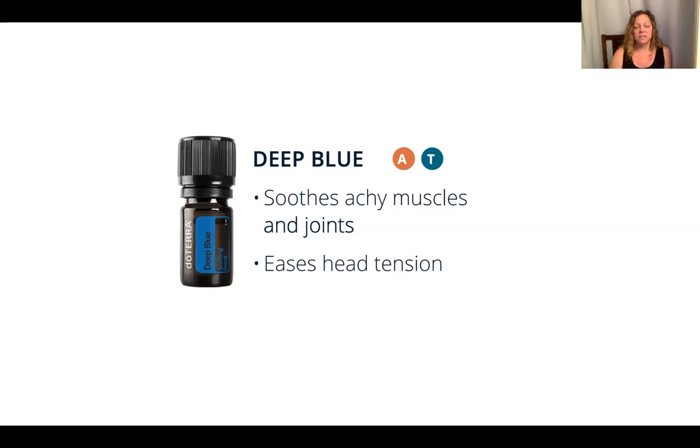Now, that's not to say if I'm doing an inhaling, I'll necessarily use a carrier oil. It's going to be on my palms. And if it's an oil that I need to wash off, I want to be sure that I soap it up first, because water will intensify the oil. So you don't ever want to rinse it off with water.